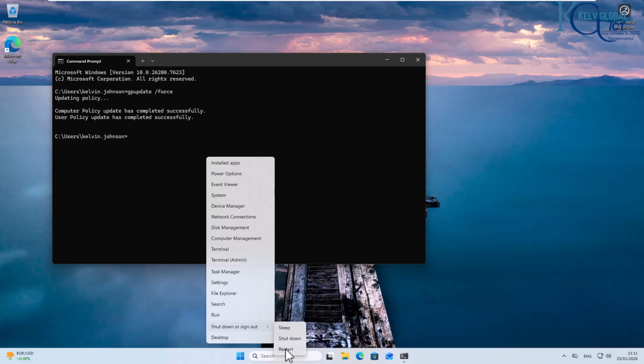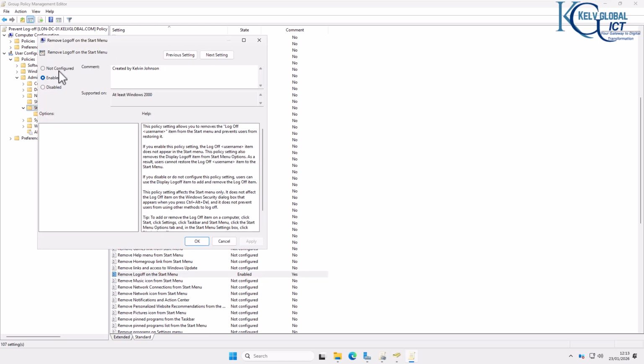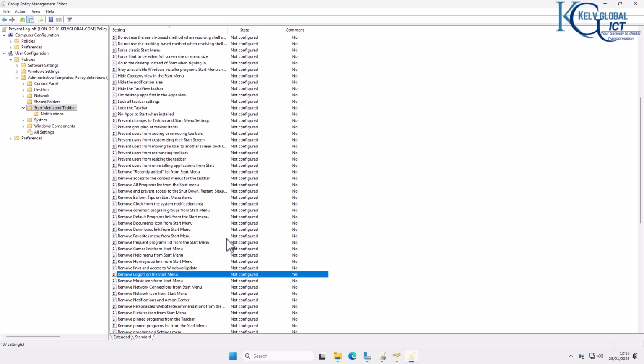But we can also do the same thing. We can also prevent shutdown from this device and only allow log off. So let's say, for example, we want to remove the shutdown from this device or even the restart and sleep. So let me go back again to our device. Here, you can see we just enabled the policy log off. I'm going to set it to not configured,